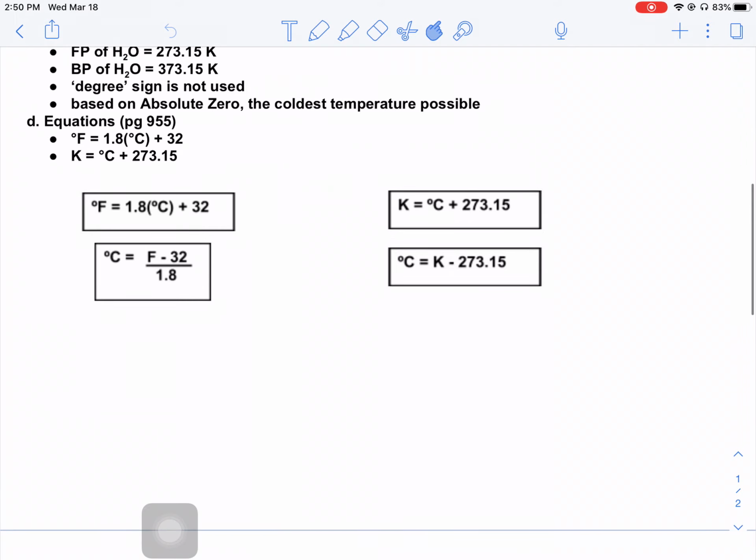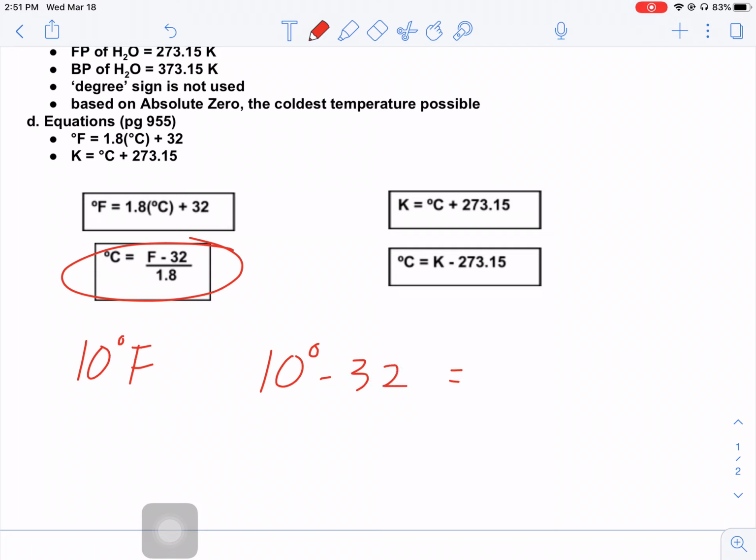If you want to convert Fahrenheit to Celsius, simply put, you take your degrees Fahrenheit. Let's say we're using 10 degrees Fahrenheit. We're going to take that number, and we are going to use this equation right here. So 10 degrees minus 32 would give us negative 22. Then we take that value and we divide by 1.8. So 22 divided by 1.8